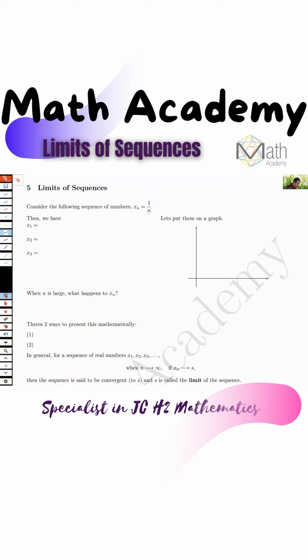So when n is 1, let's write in the number. This x1 is actually the value 1. It's a straightforward example. Your x2 is the value half. Your x3 will be the number 1/3. Okay, but what we would like to further see is, can we represent this onto a graph so that we